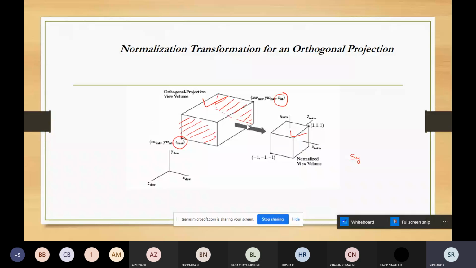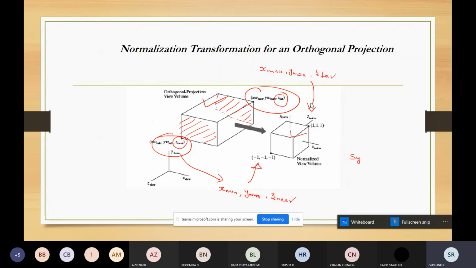After normalization, x minimum, y minimum, and Z near are transformed into -1, -1, -1, the normalized position, and x maximum, y maximum, and Z far are transformed into 1, 1, 1.